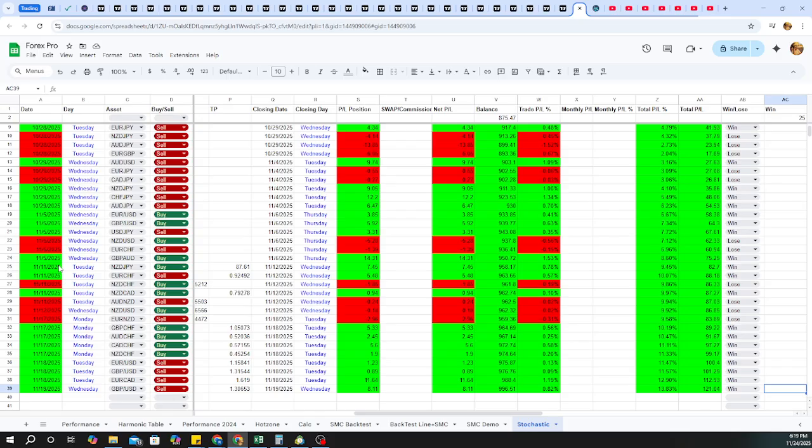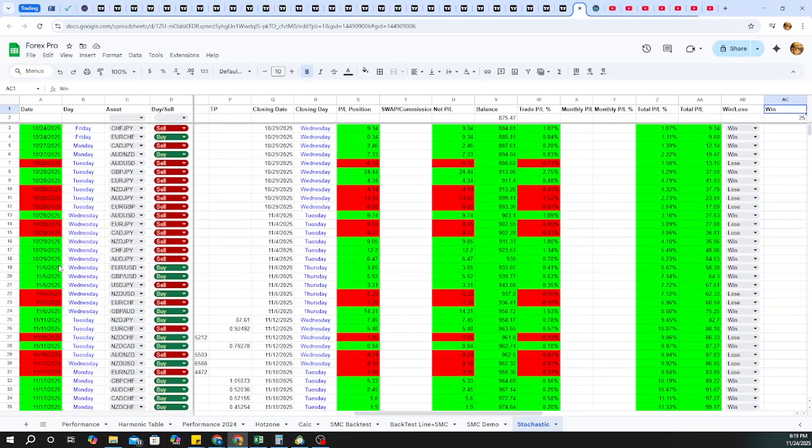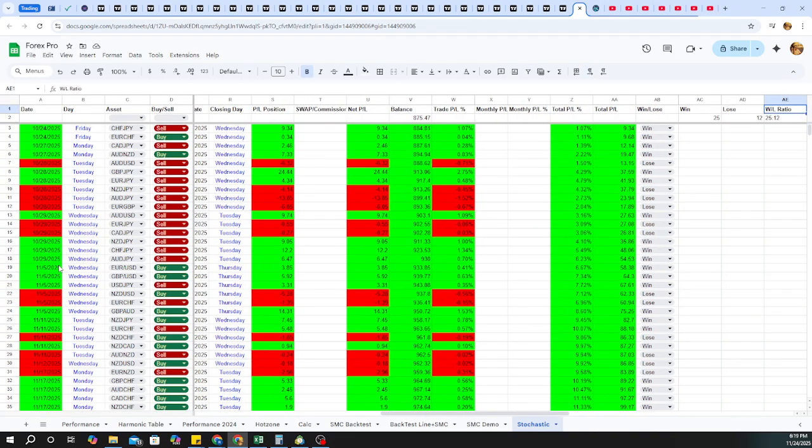Now the win-loss ratio, which started this whole thing, is about more than 2 to 1. 2 wins to 1 loss, more than, because we have 25 wins with 12 losses. And the RRR is really great. If we look at